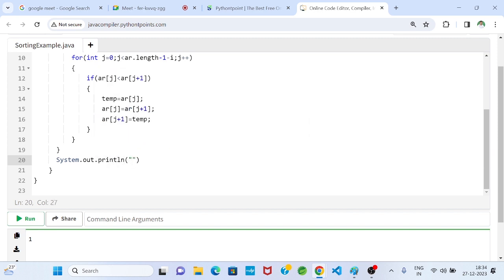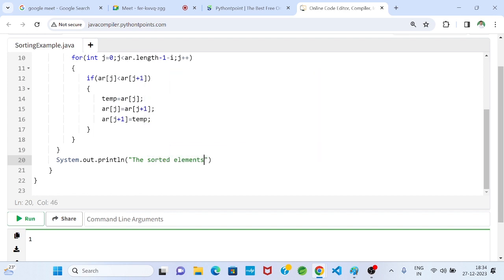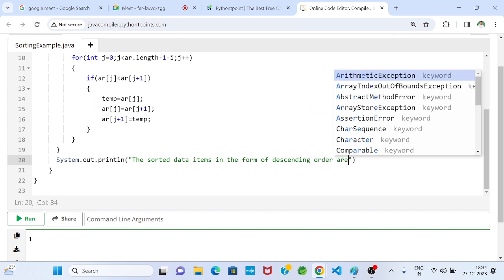Okay, the sorted elements or data items in the form of descending order are,